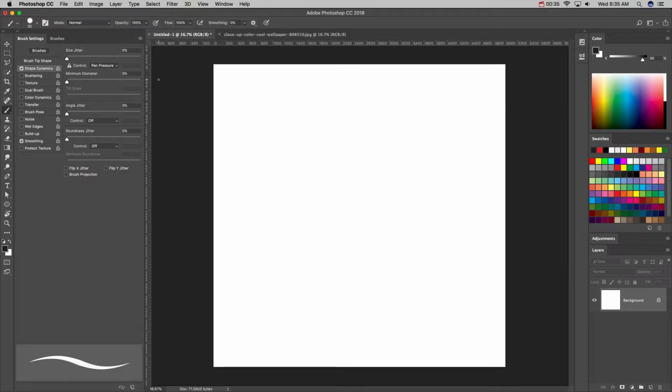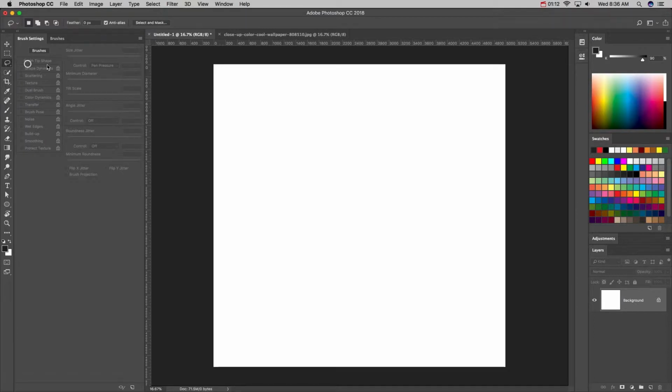A Photoshop brush is just like a Photoshop image. It is a resolution dependent brush tip. That means the size that you create it is really about the maximum size you want to use it. Once you go above that size, your brush will start to pixelate. When you're making your brushes, you can really do anything. You can create it from a selection by making a selection and then filling that